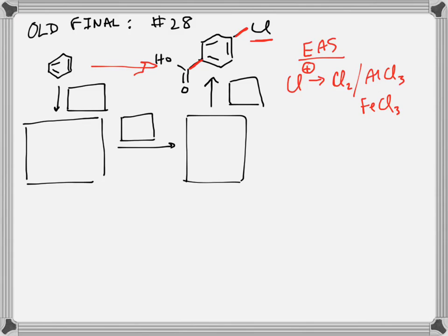The next part's going to be a little bit trickier, so I'm just going to include the reagents. So we'll say you guys looked it up. Generating the carboxylic acid on the ring. I want to show this. So there's our abbreviation for the carboxylic acid. It comes from reacting a benzene ring that has a carbon with any number of hydrogens on it. So I'll just show one. As long as we have one hydrogen, this reaction works. If we have that and we react it with chromic acid,